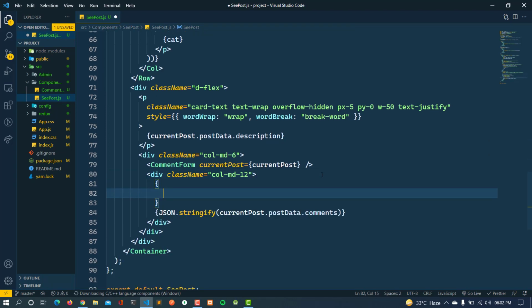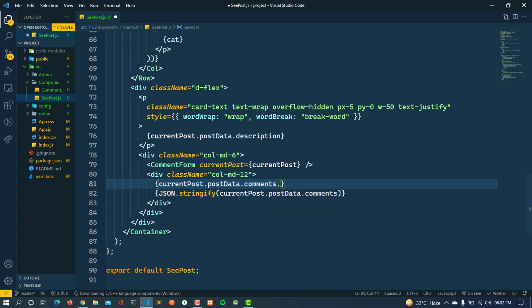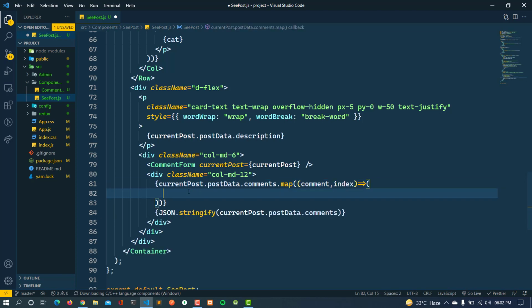Here I am looping over this current post comments dot map, and then here we will get comment, and then we will get the index here. Here we are returning, so that's why I'm writing parentheses.